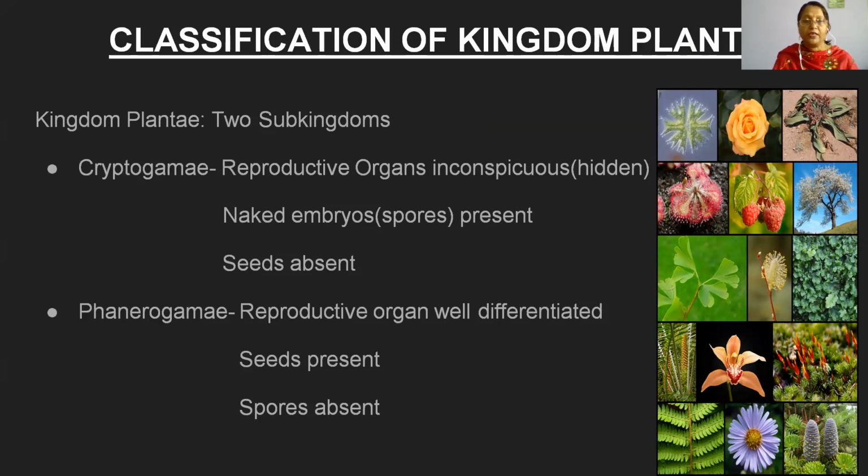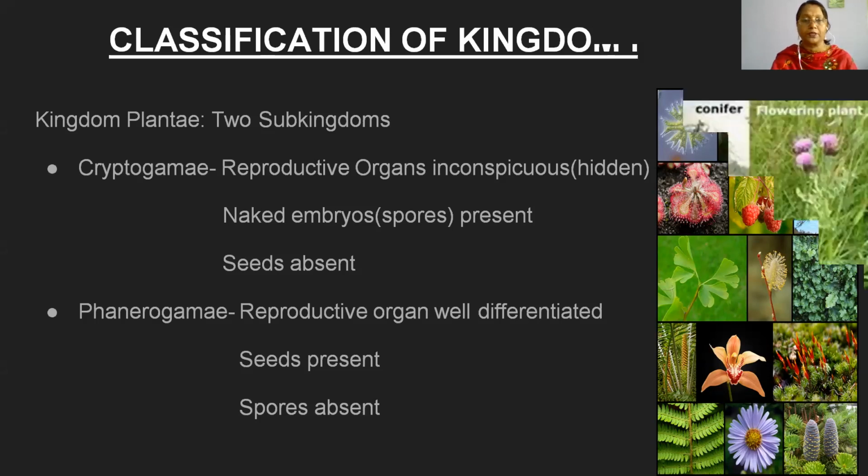And they have naked embryos, that is the spores are present here, and seeds are absent. Now the next one is phanerogamy. In this subkingdom phanerogamy, the reproductive organs are well differentiated, and seeds are present for reproduction,